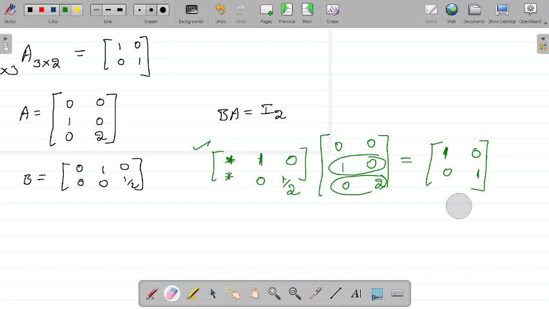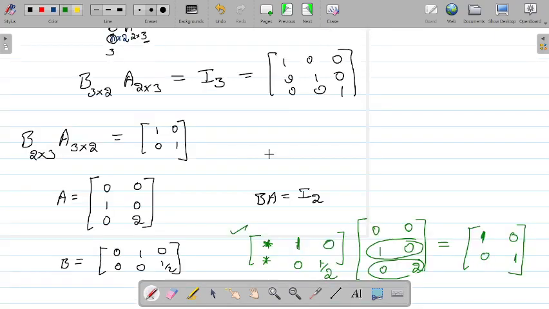Remember, when I say a left inverse and right inverse, that can be a rectangular matrix. For a square matrix, you may have both. But when it comes to a rectangular matrix, we talk in terms of left inverse and right inverse. So don't get confused between the inverse of a square matrix and the inverse here. To discuss inverse there, definitely we'll talk about singularity and non-singularity. But here, you can talk in terms of the rank of a matrix.